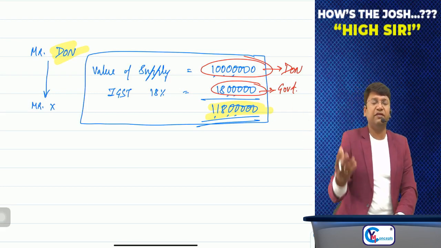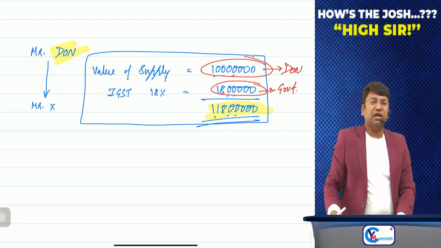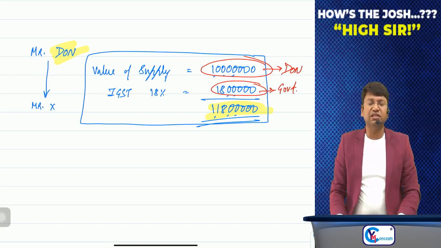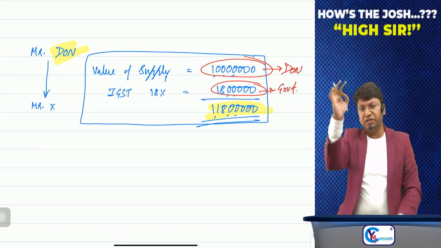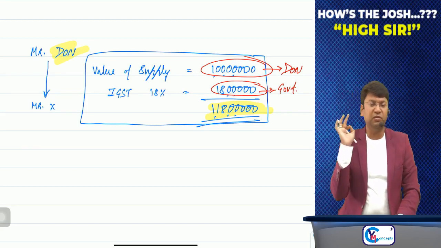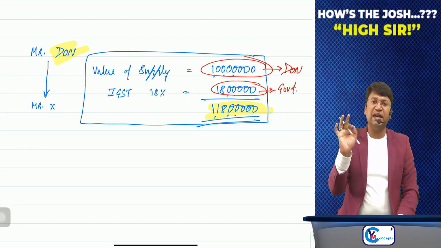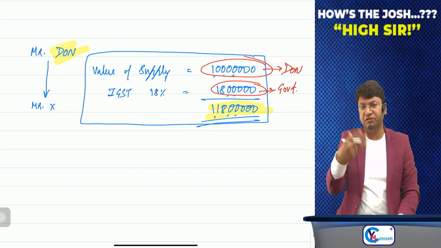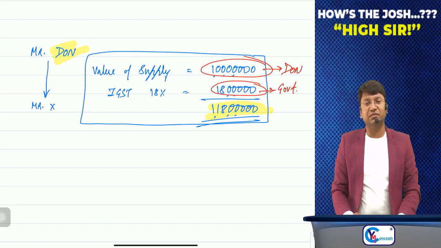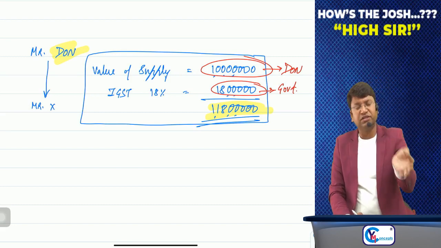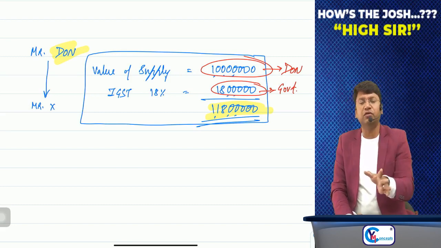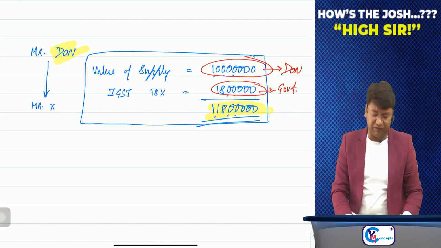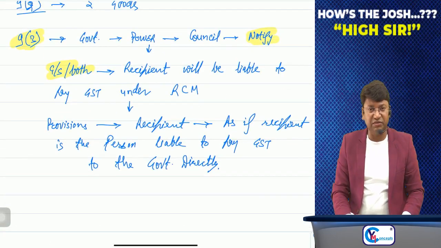So there were some practical difficulties in recovering the amount of tax from the supplier of services or goods. That's why the government introduced reverse charge mechanism, and there the recipient is made liable to pay tax directly to the government. That's why it is called reverse charge mechanism, because the system is reversed in this case. Clear? This is section number 9, subsection 3. Some goods as well as some services are listed. Some notified goods or services are there, but we will read it afterwards. Okay. So this is section number 9, subsection 3.